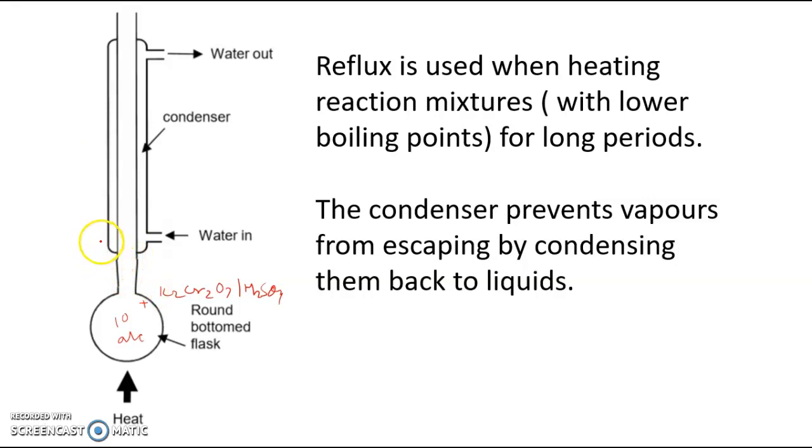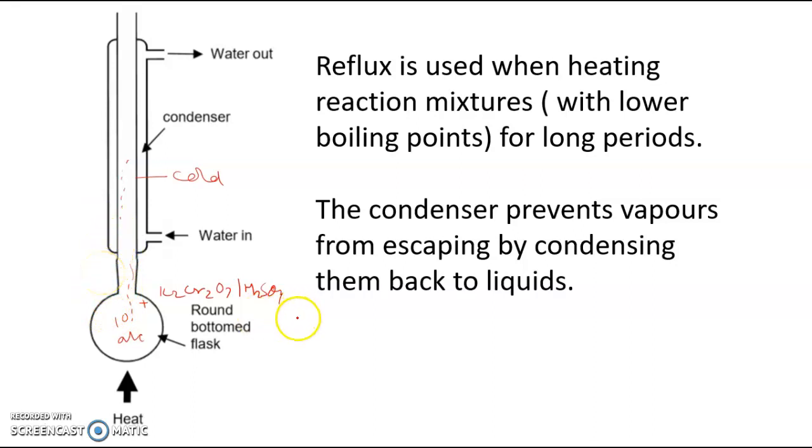So what you really want is for the organic vapor to come in contact with the cold condenser and then condense back. So reflux is just a process whereby you're continuously heating something for a long time because the